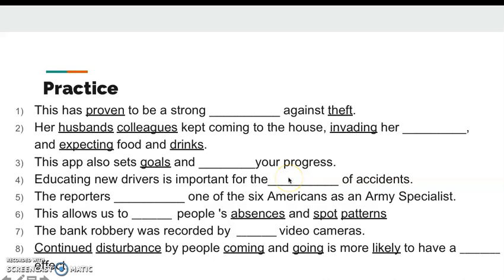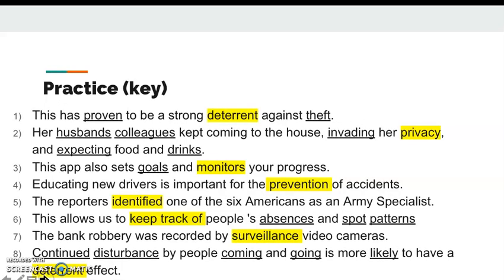Okay, here is a practice opportunity. You will read these sentences and try to fill in the blanks with the words that we have learned in this video. You can stop the video here and read the sentences. Then you can look at the answers on the next slide. So it is better to stop here and fill in the blanks. I'm not going to explain them. I'll just give you the answers. Here are the answers if you have finished filling in the blanks.